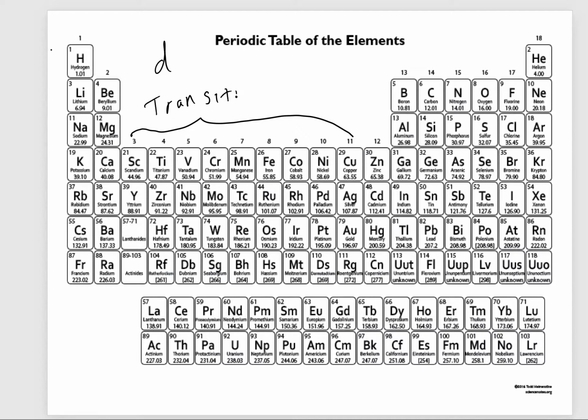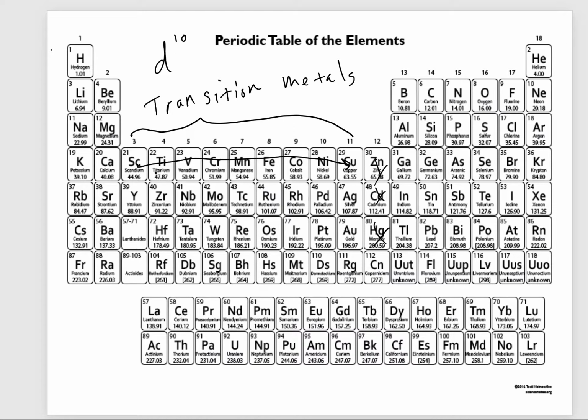So the transition elements, or here I'll call them the transition metals, they have partially filled d orbitals. So the d orbital can hold 10 electrons. And the transition metals are those elements where the d orbitals are not quite filled. So that would take us from, if we're in this fourth row here, from scandium out to copper. So that means that zinc and cadmium and mercury, those would ordinarily not be considered transition metals because those are